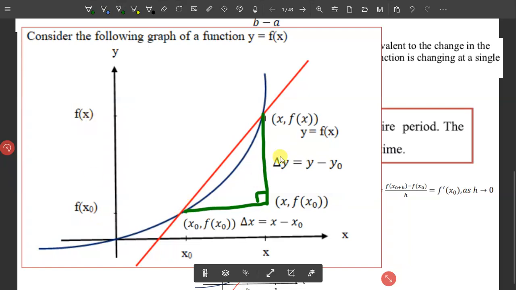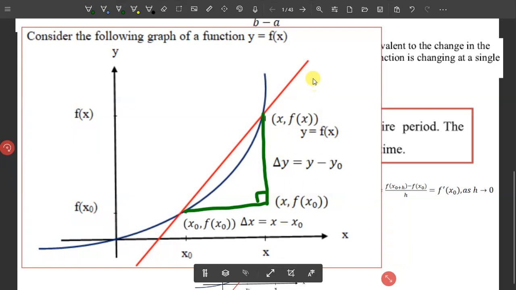And then this line becomes a tangent line which touches the curve at a single point, the point x0, f of x0. In that case, the secant line is changed into the tangent line. If we pull this one slowly down,